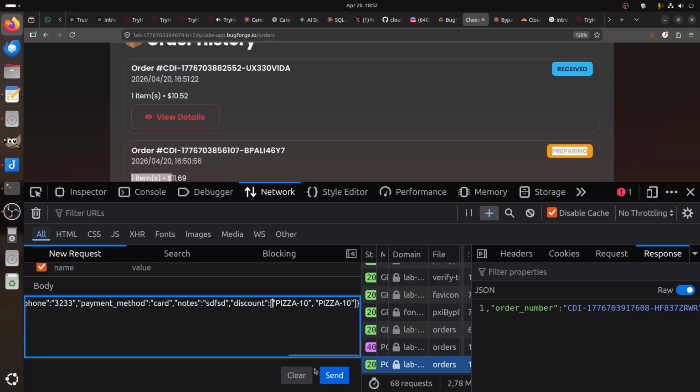I got this idea from Gemini. Gemini was able to pick it up. It said use this one,